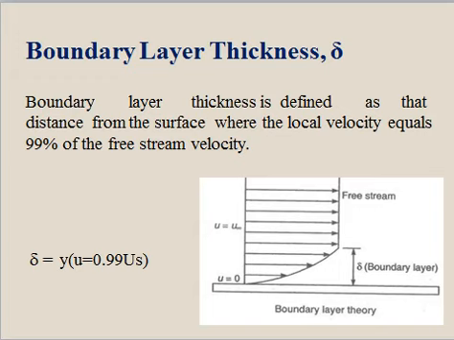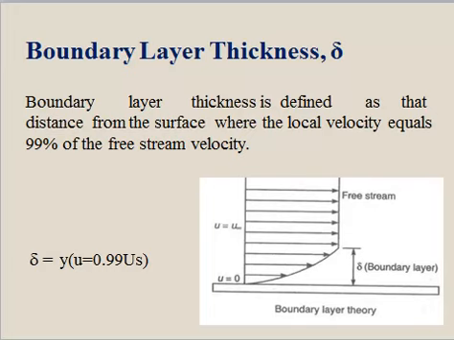So boundary layer thickness, or nominal thickness, is simply defined as the distance perpendicular to the surface, where the value of the local velocity becomes 99% of the free stream velocity. In our last lecture, we had already defined the boundary layer. So inside the boundary layer, the continuous variation in velocity takes place from the surface up to 99% of its value, and outside the boundary layer the value of the velocity is equal to the free